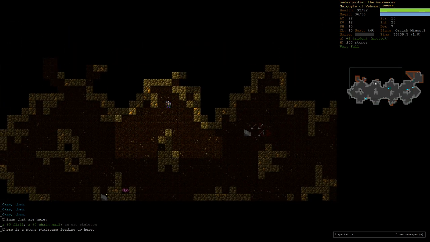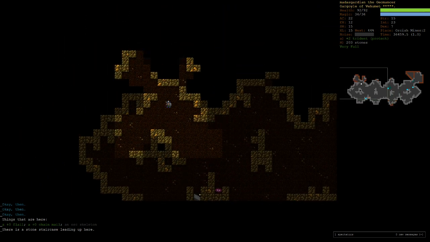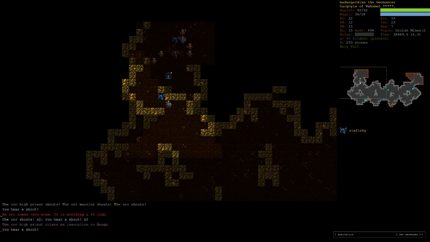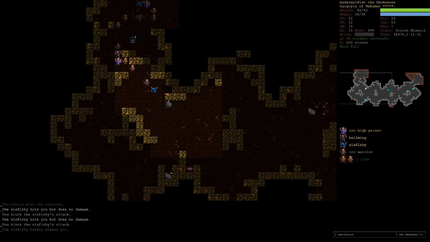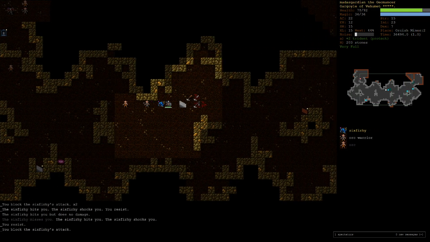Oh yeah, I know what I was going to do. So here is, well, let's first see what's up here. Okay, so here's Elf and some orcs. Here's Orc Priest. So here's what I'm talking about. Those stairs are closer, but who knows what's waiting for us. Maybe nothing, maybe...